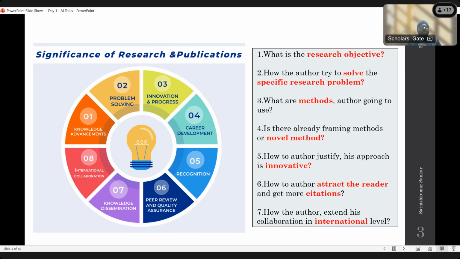Obviously, at the initial stage as researchers, we want to read one article per day. So one day we study one article. If this is a regular practice, it will have a good impact on your research career. It's not only for early career researchers, but for every researcher who wants to compete in this competitive world.